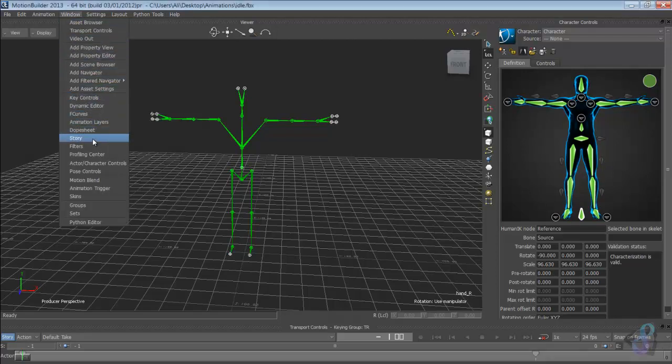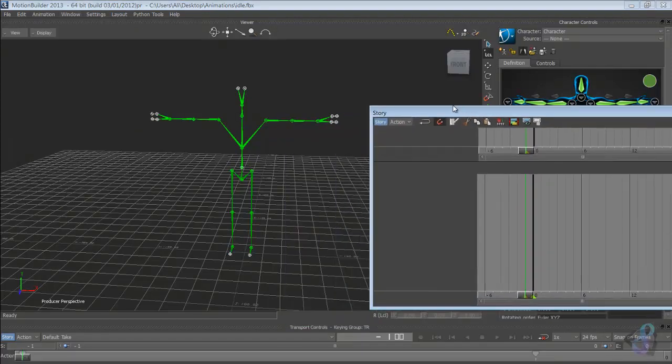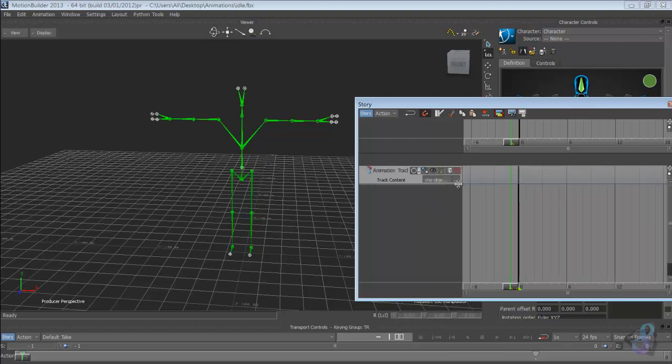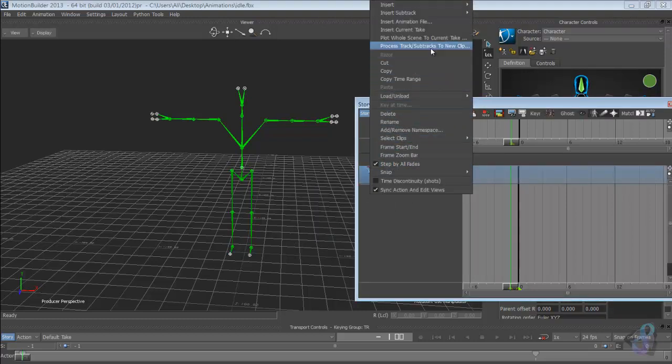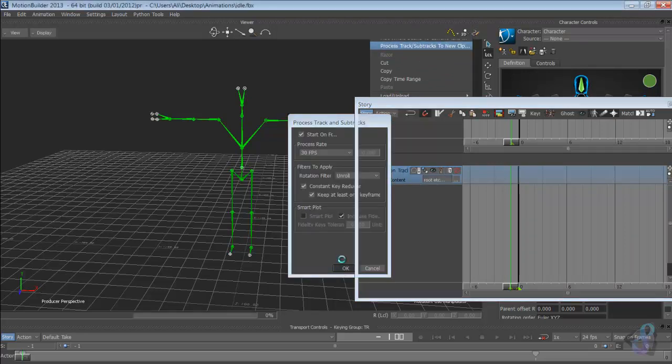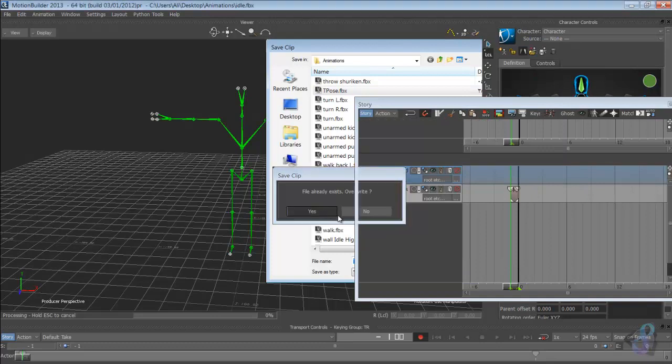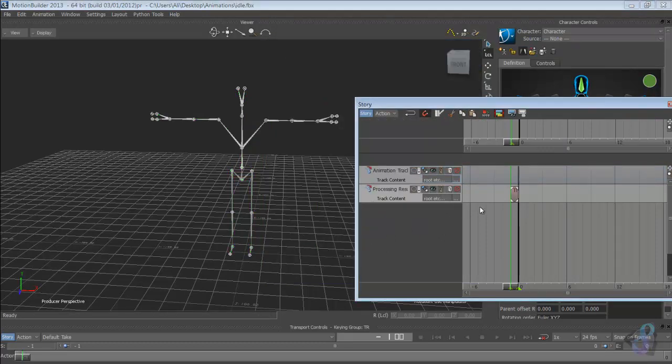Window, story, and I will add generic animation clip, and I'll make it root, and I'll send that to the T-pose, save. Yes. Now it's here,